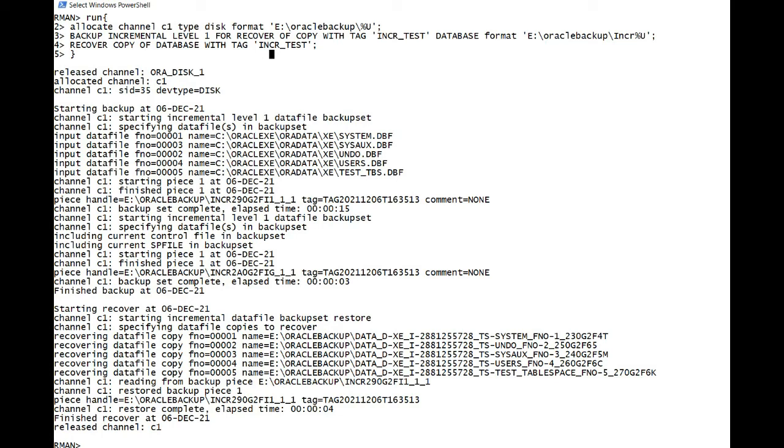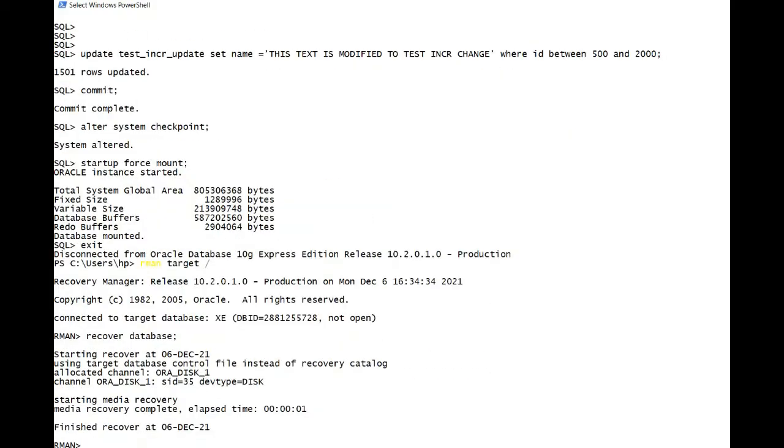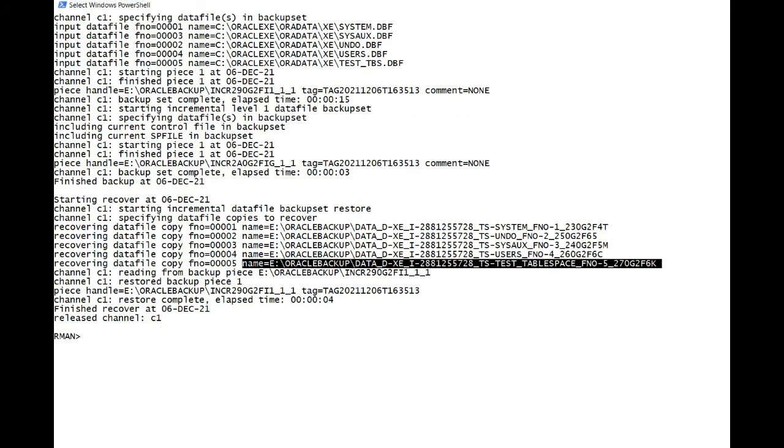Now what happened is, you can see this test tablespace data file will contain the latest data. So the latest data is here, whatever we have updated. Okay, so now we'll do the same exercise again. We'll corrupt this data file in the C drive, then we'll be forced to switch to the copy. And when you switch this data file to the copy, it will have the latest data. Okay, let me do that.